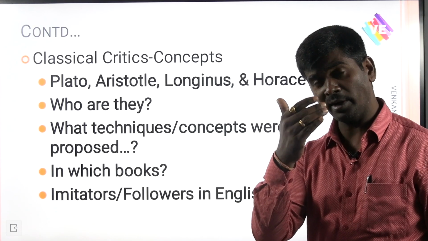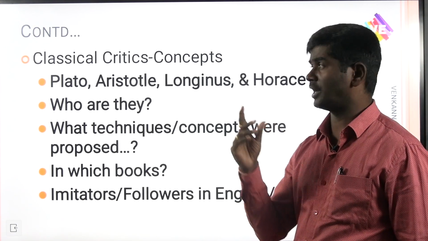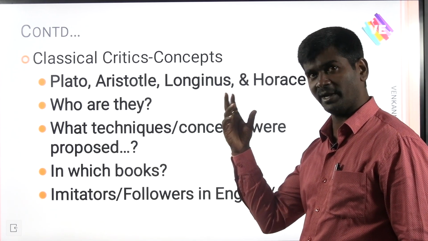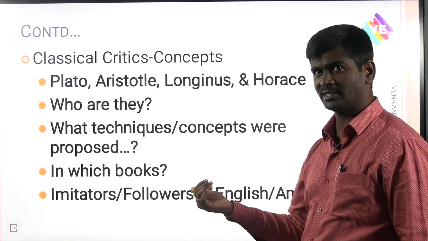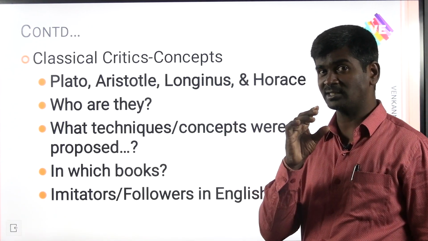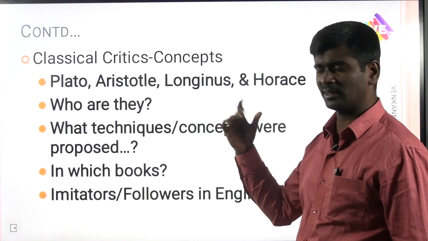And you need to know what the important critical works written by Aristotle are. Longinus on the sublimity: what is sublimity? Who employed the sublimity again, like John Keats? Connection. Horace: next, you need to read Ars Poetica and gain some basic knowledge. And who are all these writers?